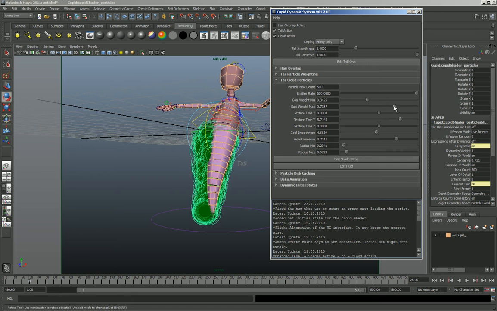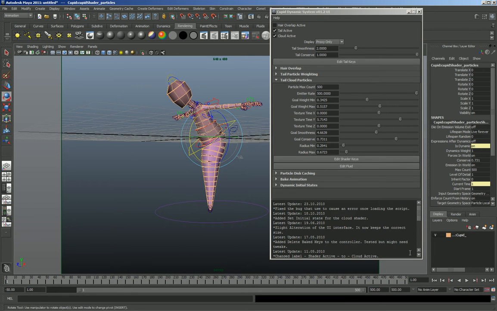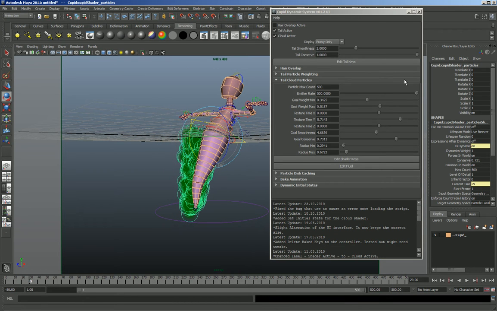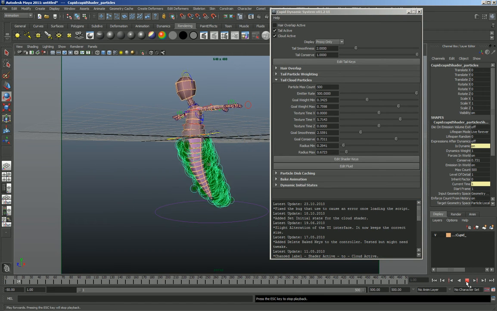I reduce down these two here, I get more movement. Obviously that's not very nice movement. Reduce down that. So